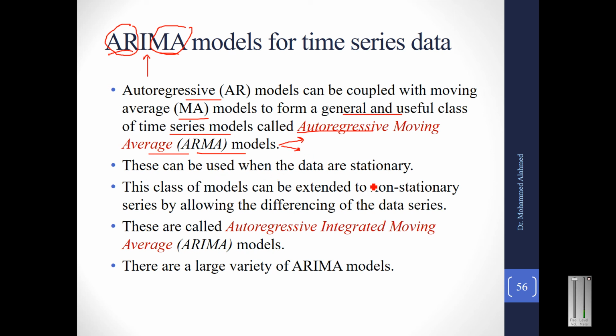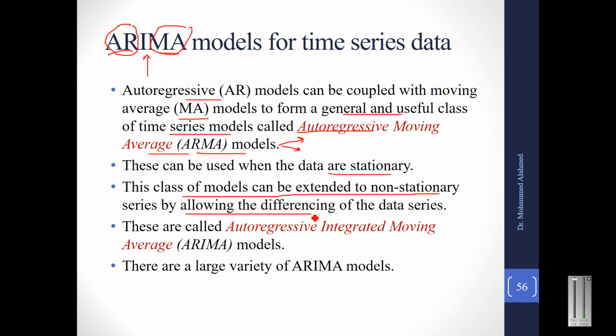So these can be used when the data are stationary. So AR, ARMA, MA, ARIMA, everything can be applied when the series are stationary. This class of models can be extended to non-stationary by allowing differencing. We have already seen that differencing allows us to make the series stationary, right? So once the series is non-stationary, you need to difference. You may be required to difference it by first order,